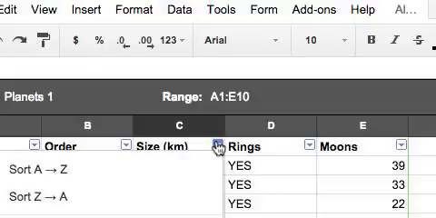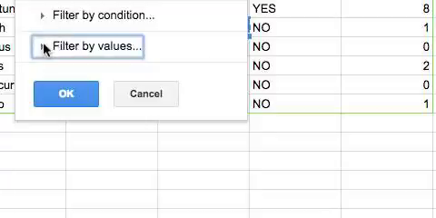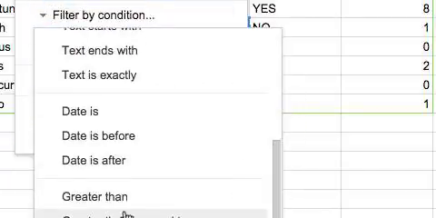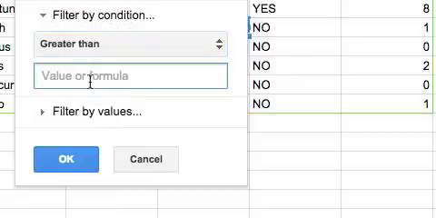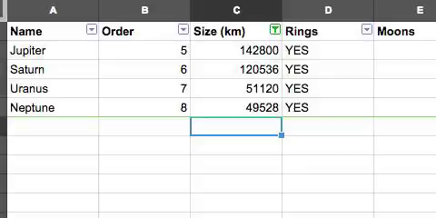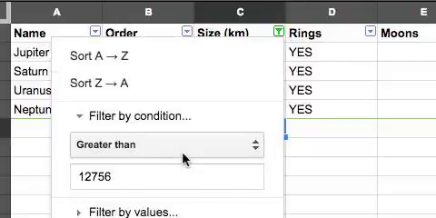And I could filter by condition. So I scroll down here and it says filter by condition. I don't need filter by values, but filter by condition. And I want to say greater than, so I scroll down, greater than 12,756. I copy and pasted that in there and I click OK. Now I'm displaying just the planets that are larger than the Earth, as you can see. So there's only 4 planets that are larger than the Earth in our solar system, and there they are. You could take away this filter